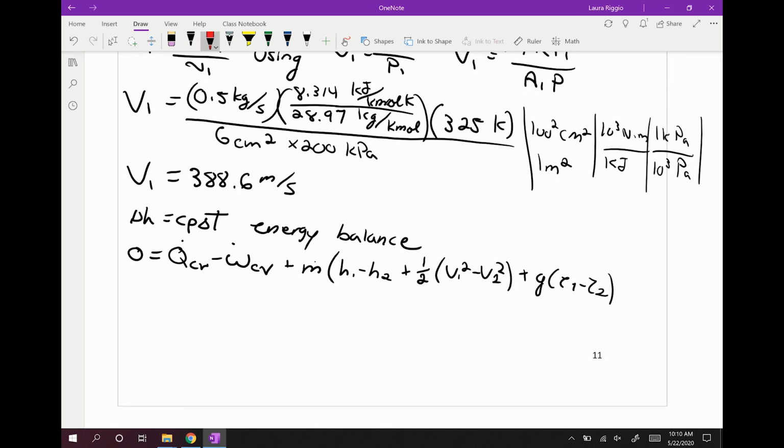The problem states that it's well insulated, there are no other moving parts, and we can neglect potential energy. So we have 0 is equal to Cp of T1 minus T2 plus 1/2 V1 squared minus V2 squared,